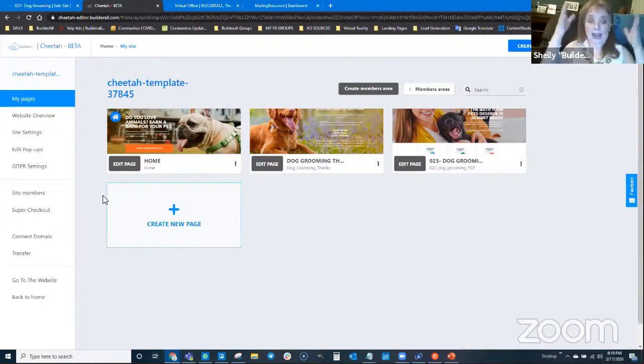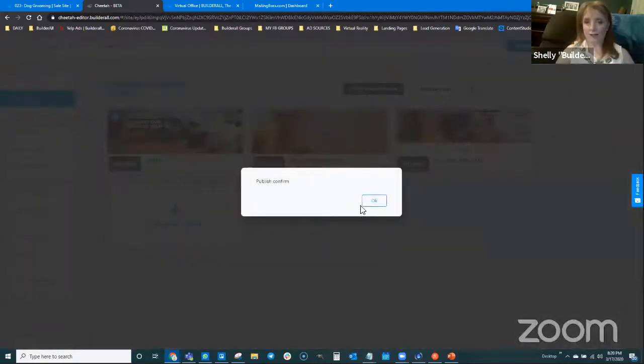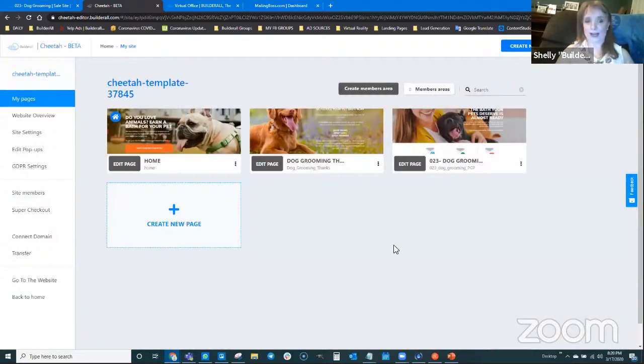So here's the actual template that Frankie as the dog groomer gets. She gets one template, one website, and in that website, she's got 3 pages. She's got the home page, which says sign up for a free pet bath. She gets the email confirmation page that says don't forget to confirm your email. And she gets the, oh my gosh, your email's confirmed. Come on in and get your free pet bath. Okay, so she can edit any one of these pages. I'm going to go ahead and publish so we can actually go through and see what this site actually does.